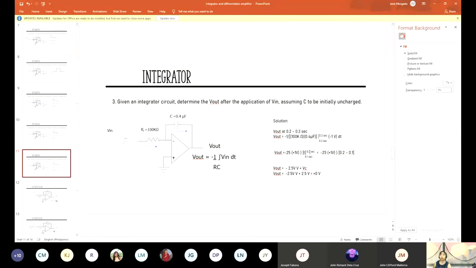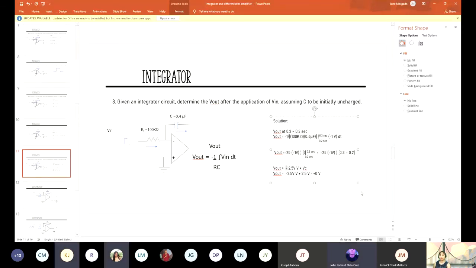So this is 0.2 to 0.3, okay, negative 1. So this is 0.3 minus 0.2. So again, negative 2.5 times negative 1. So this is positive 2.5. Okay. So the answer should be